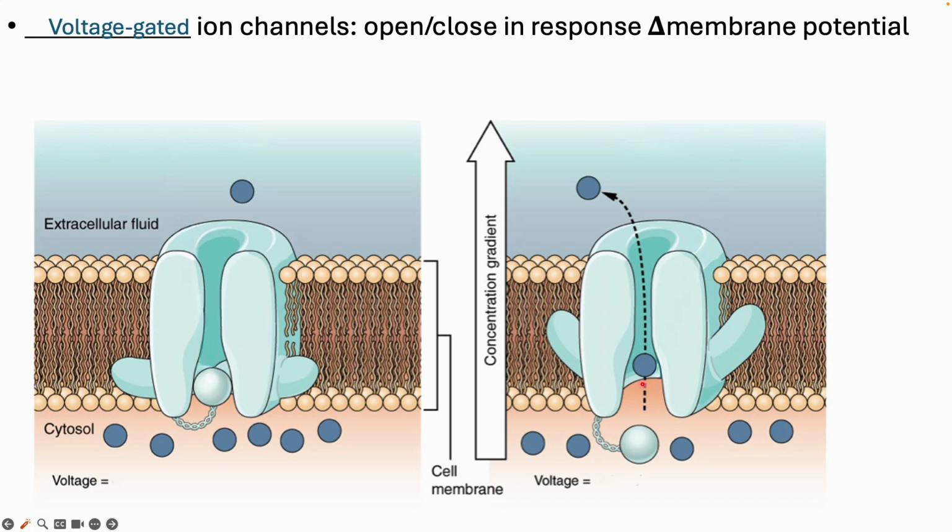And then finally, we have voltage-gated ion channels. These are going to open and close due to a change in the membrane potential. So at negative 70 millivolts, you can see that this ion channel is closed. It has this blocking the exchange of things going through it. Change the voltage to negative 50 millivolts, and this opens up, and now the ions can move down their concentration